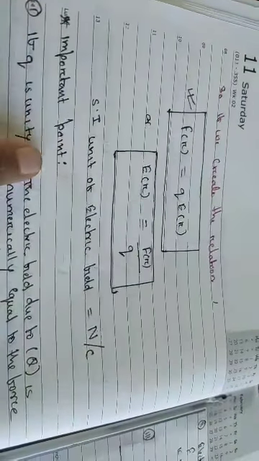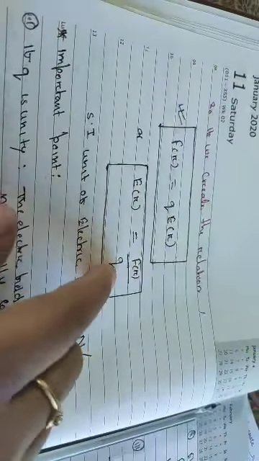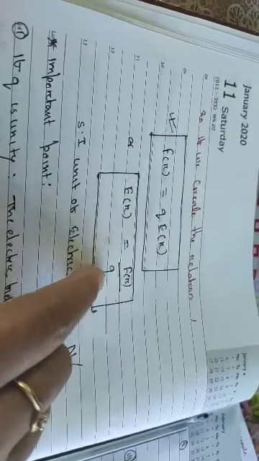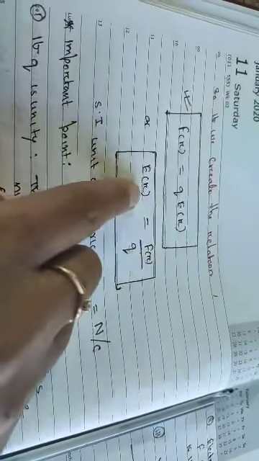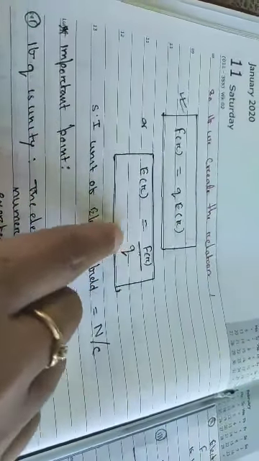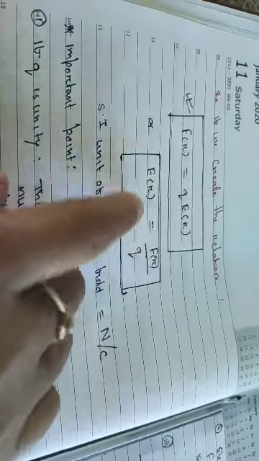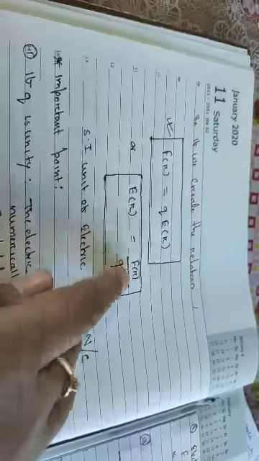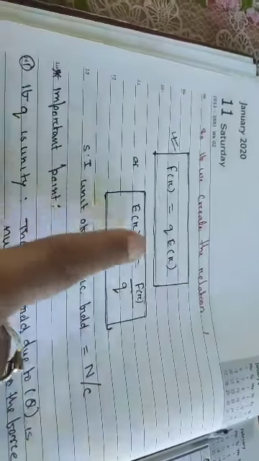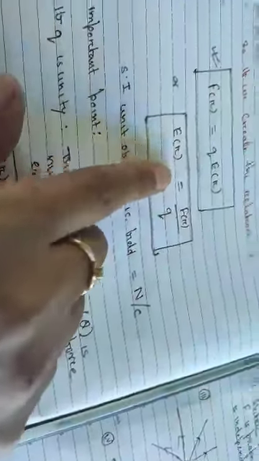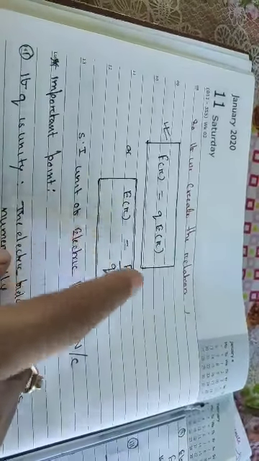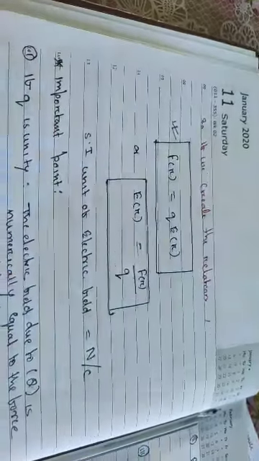One important point you have to remember: suppose this charge is unity, students. If I take this charge as unity, what happens? Unity means the value is 1. So E at R, numerically, if this q is the test charge with value 1, then the electric field is equal to the force. This is the important point you have to remember. Suppose they ask you when the electric field is equal to force. This can only happen if the test charge is unity, meaning its value is 1.